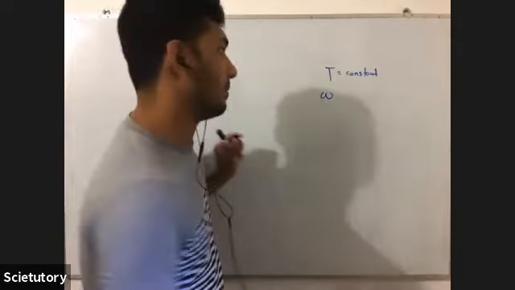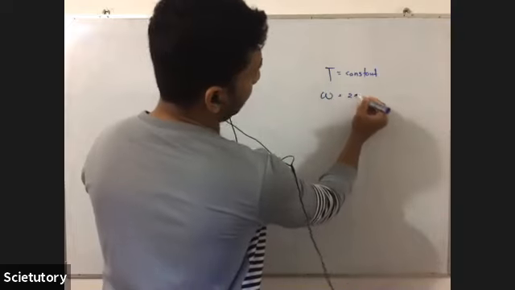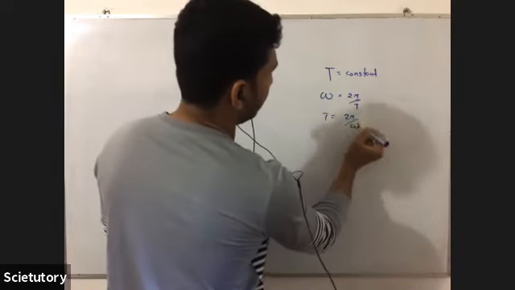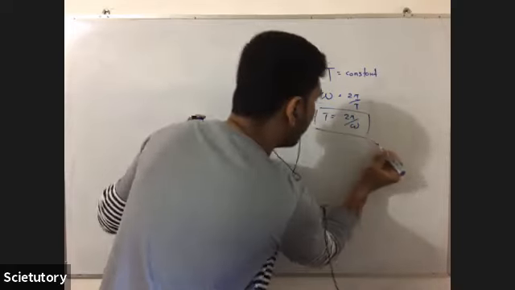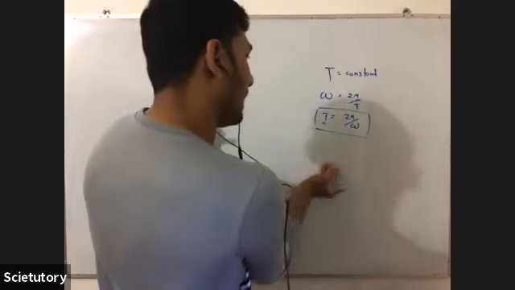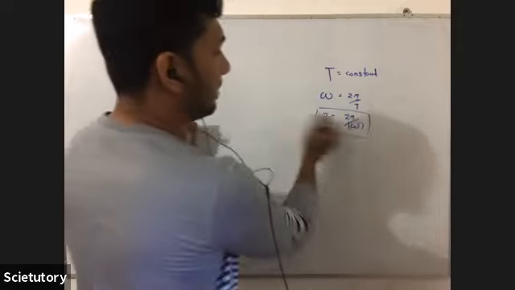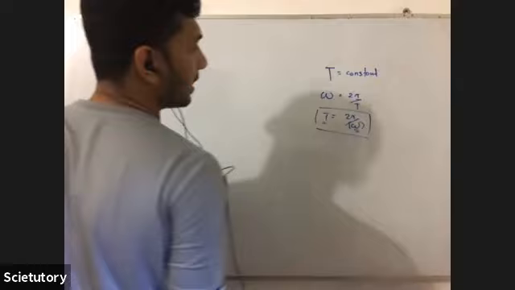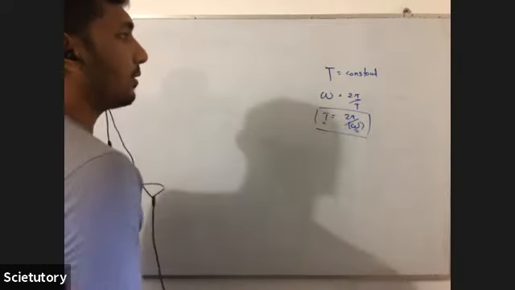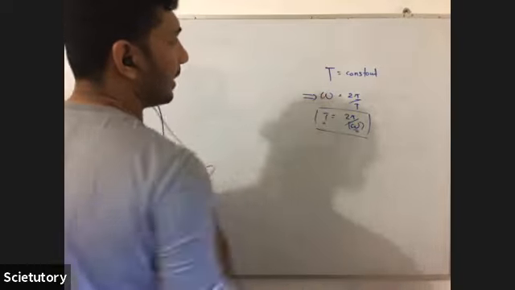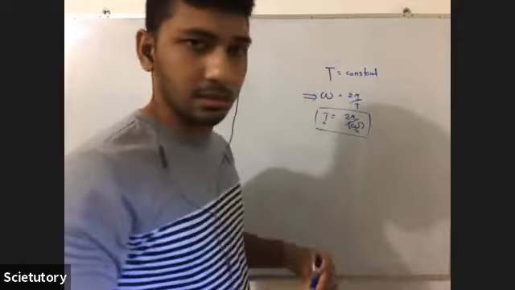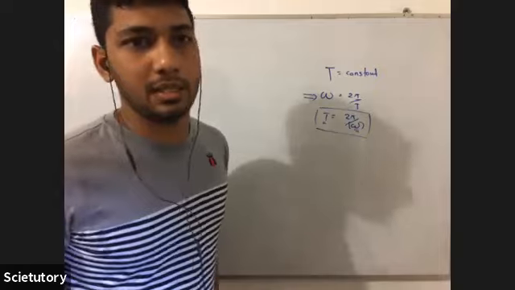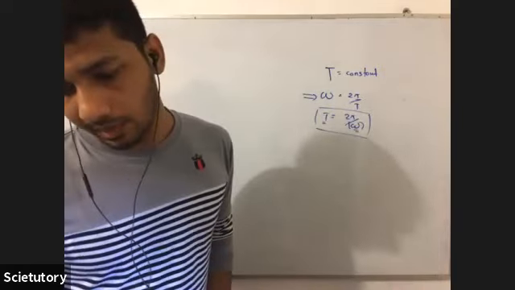Okay, it's constant. So what do you think about omega? Omega should also be constant because T is 2 pi by omega, isn't it? 2 pi divided by omega. So for T to be constant, omega should be constant because this 2 pi is actually a constant number. So you can actually say that omega should be a constant. Okay, it doesn't change with time, and also with the temperature here.